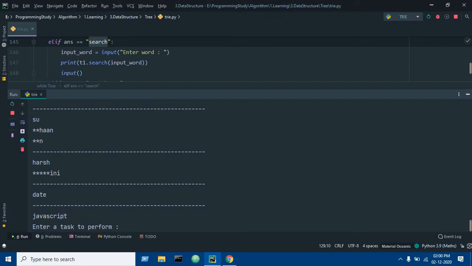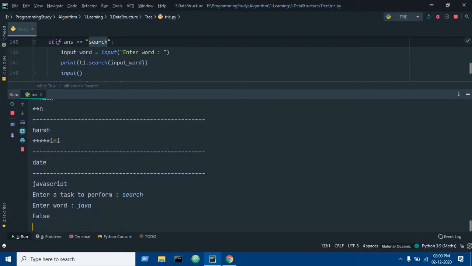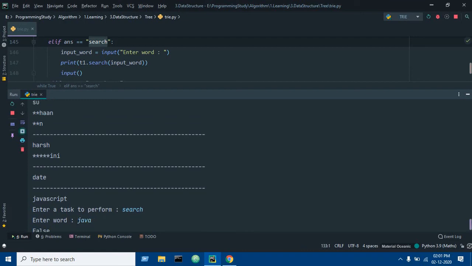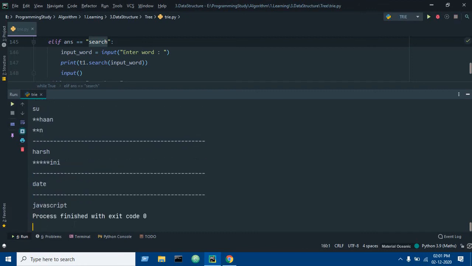And if I search now for Java, it returns false, as Java has been removed from the database, and Java is removed in such a way that there are no consequences of removing Java, and we can still find JavaScript in it.